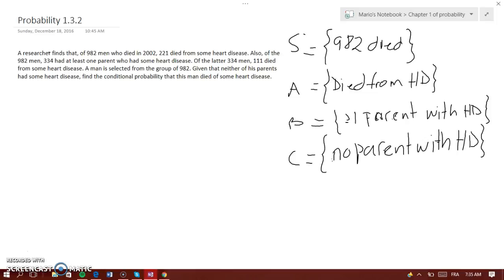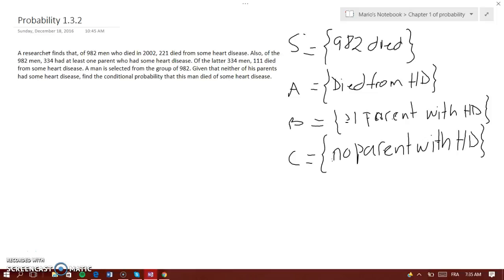Of the latter 334, 111 died from some heart disease. A man is selected from the group of 982. Given that neither of his parents had some heart disease, find the conditional probability that this man died from some